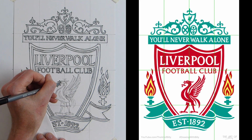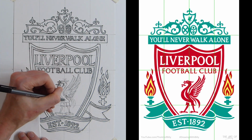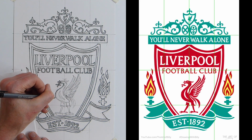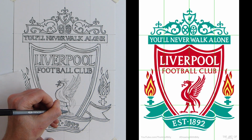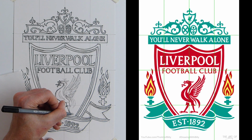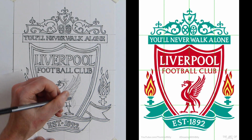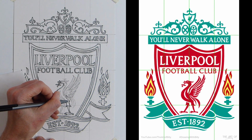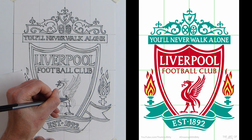Now the beak curves up, and then we've got a D shape that comes out and then becomes a C all the way to the rear leg. So the chest curves around, comes down to the rear leg. This is all one continuous line. You get that little point down to the foot, the outer toe, middle toe, first toe, curve to the claw at the back, and that comes up, the leg goes up, then you get the point at the back, that then goes up to the back of the leg and the body, goes up to where the tail feather is, the first one comes down,